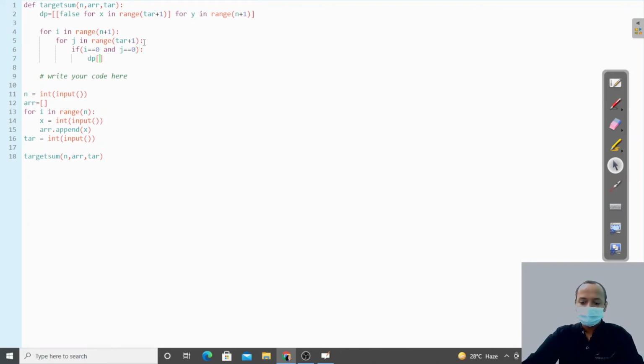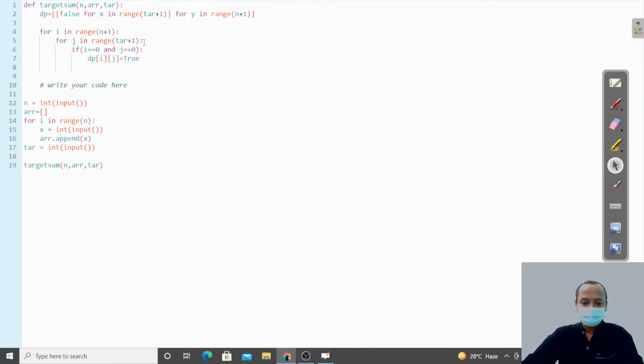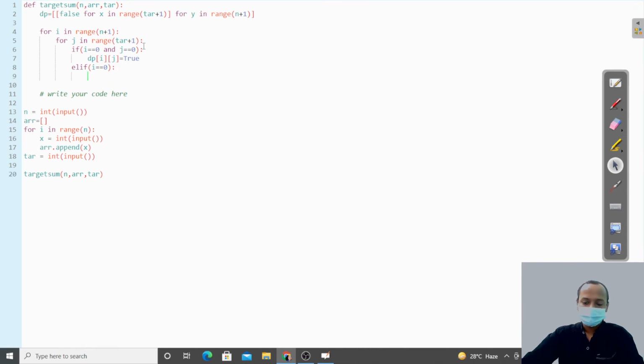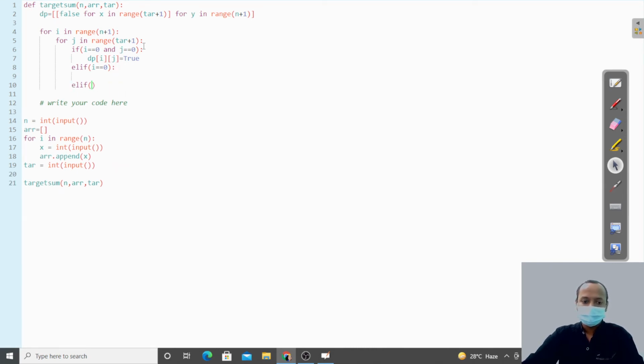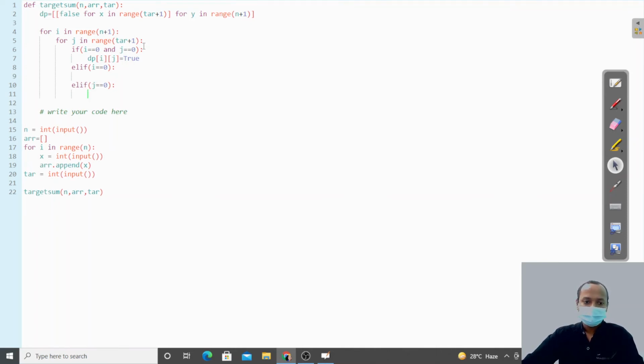We fill in the DP of i, j equals true. Now else if i equals 0, we do some work, then also if j equals 0, then we have to do some work.